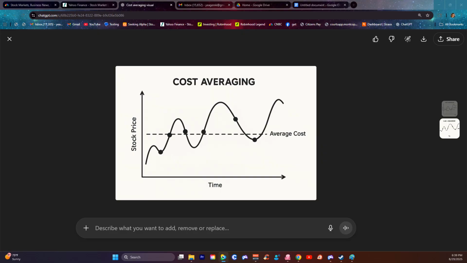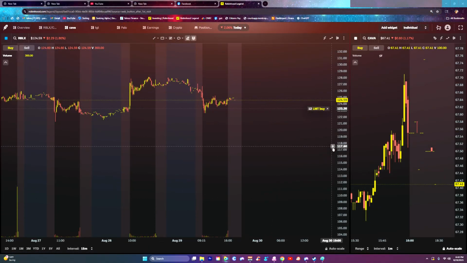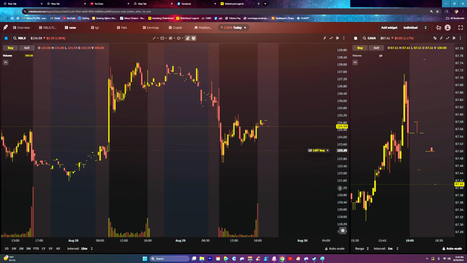So if you can imagine on this graphic here, every single black dot that you see is a time in which I purchased some of this stock. And the average cost runs directly in the middle of all these. So I've got some purchases that are below the average and some that are above. What matters is the average cost of your shares. So if I buy up here and I buy down here, the average cost is going to be, assuming I did 50% here and 50% up here, right in the middle, right? So when it comes to trading stocks, you can utilize cost averaging, but only if you take a small position